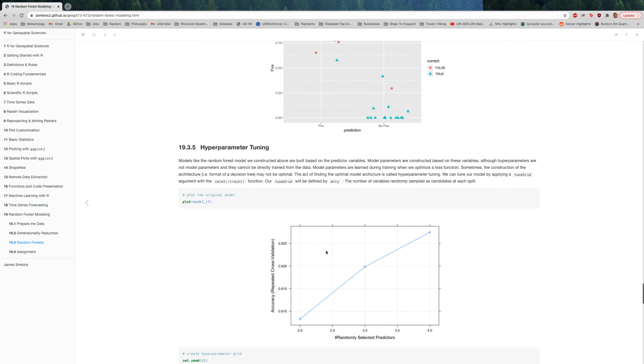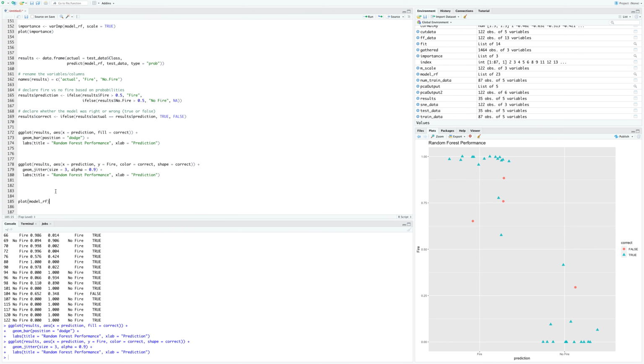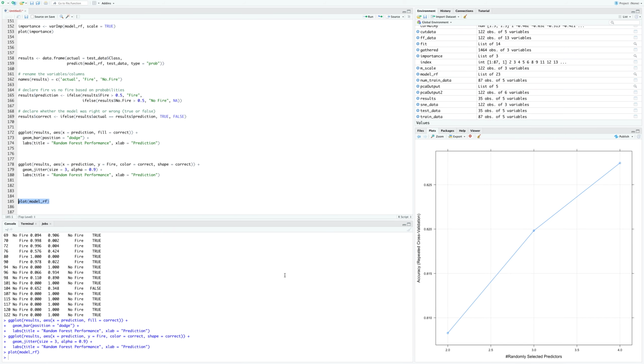Now, when it comes to trying to create an optimal model, there's a ton of other arguments that you can add to a particular random forest model. So if we actually wanted to plot our original model, we could plot the accuracy versus the randomly selected predictors. And we could see that